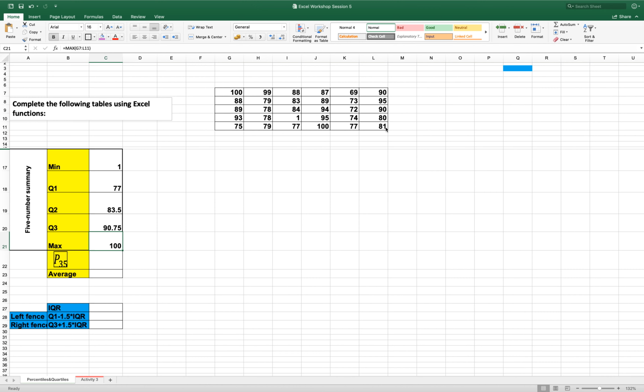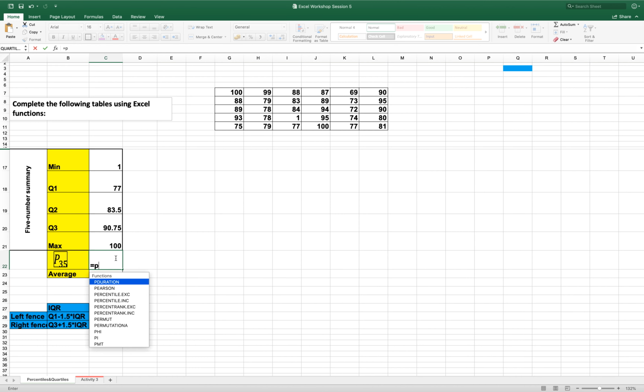So we found here the 5-number summary measurements for the given data set. Now let's find the value that corresponds to the 35th percentile. For this purpose, we use the PERCENTILE.EXC Excel function. So let's find it now. Type equal, then PERCENTILE.EXC. As you can see here, the PERCENTILE.EXC takes two arguments, the data array. So let's select the data array,